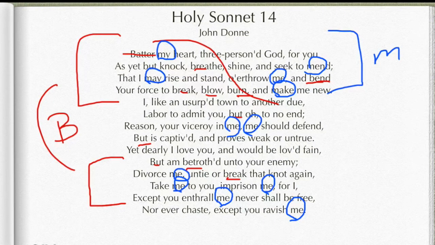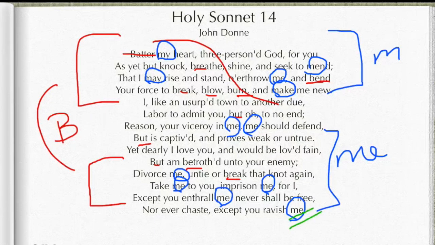This is so neat, and we're going to talk about this a little later, but there's a heavy emphasis, a repetition, on the word "me" down here, okay? We're going to talk about the importance of repeating words. Right now we're talking about the importance of repeating sounds, but I just want to point something out to you. In this repetition, we end with the word "me." What's the last word of the first line? It's "you." So we start with "you," and we get to "me."